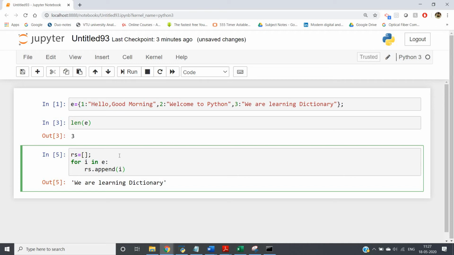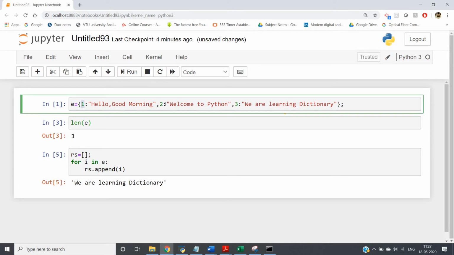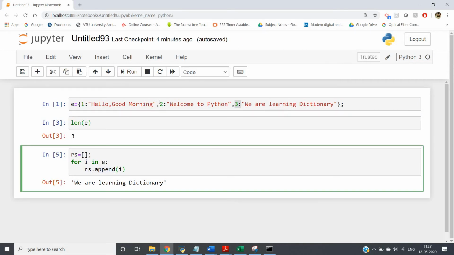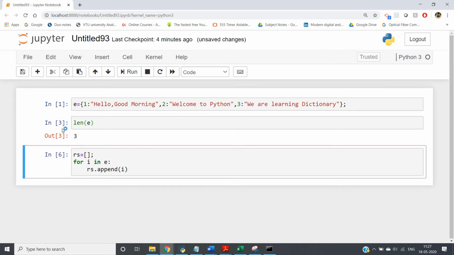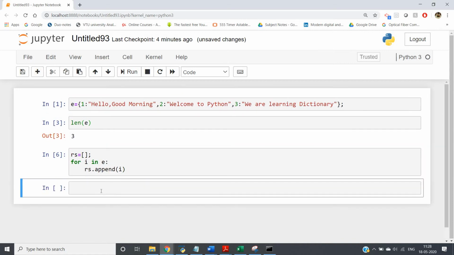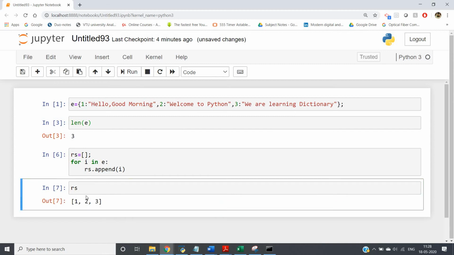What will happen? This i, each time it will take the keys only, not values. Each time it takes the key as the value of i, and it will append it to our list rs. If I run the code, you can clearly understand. I have just run the code, and if I print rs, I will get 1, 2, 3. That is, keys are stored in list rs.